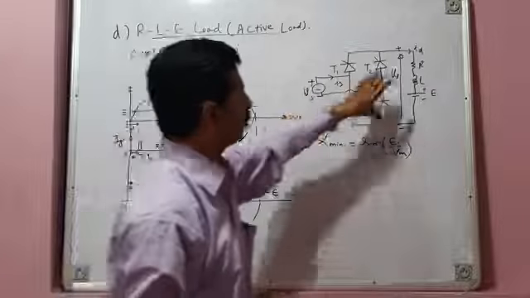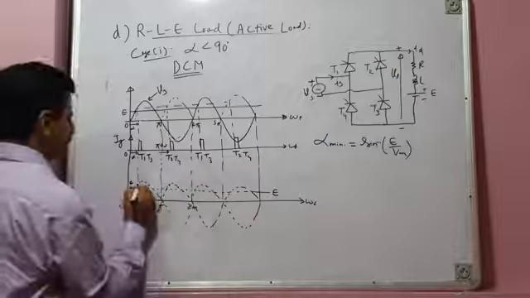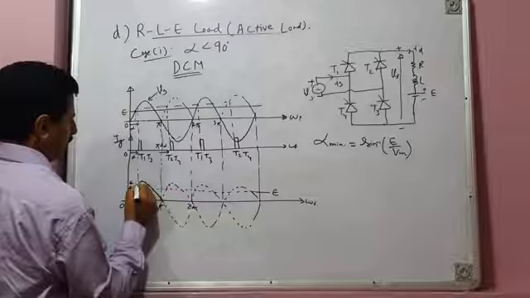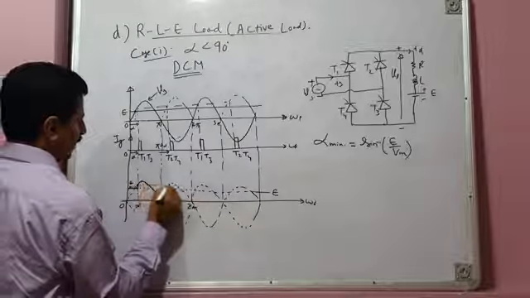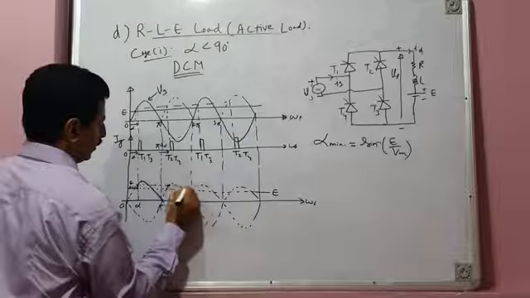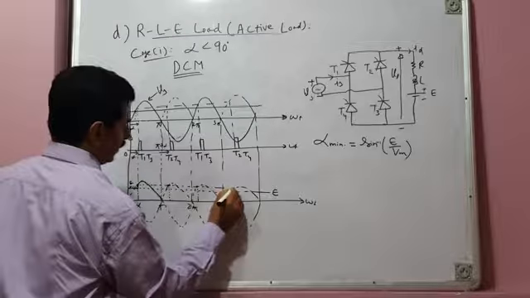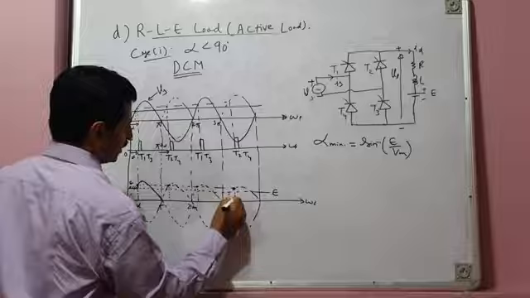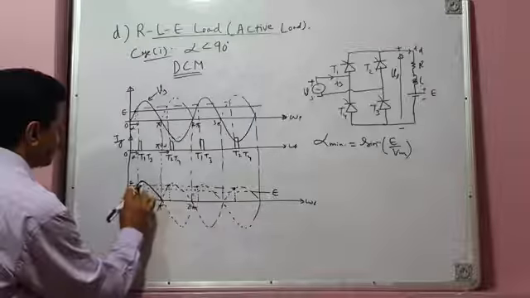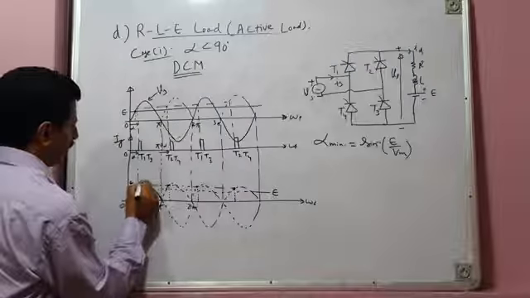It immediately goes into conduction, connects the load directly across the source, and the remaining segment of the positive half cycle of source voltage appears across the load. So this is the first firing, this is the next firing instant, and the next, and the next. We should always first of all show these firing instants.